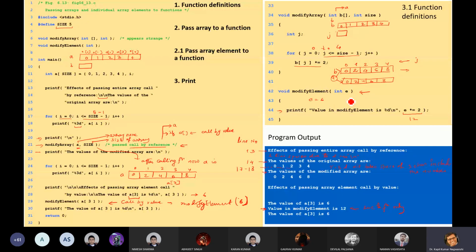But actually, we have not performed any operation in this A. Okay. So now if we access again, once again A3 is accessed, so it will give you 6. Why? Because whenever we are using call by reference,